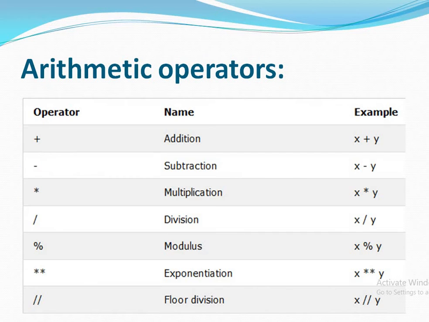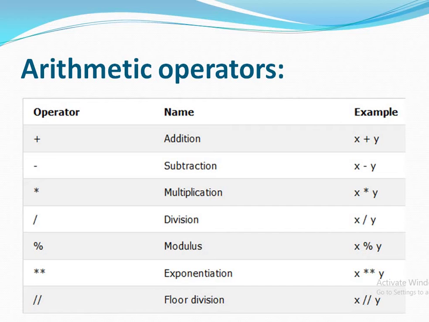Now first is the arithmetic operator. We are all very familiar with the arithmetic operator, which takes two operands, performs the operation and returns the value. The basic arithmetic operations are addition, subtraction, multiplication and division. Those four we are very familiar with. Next is modulus. The purpose of the modulus operator is to return the remainder. Whenever I divide the value x by y, the modulus operator will return not the result but the remainder.